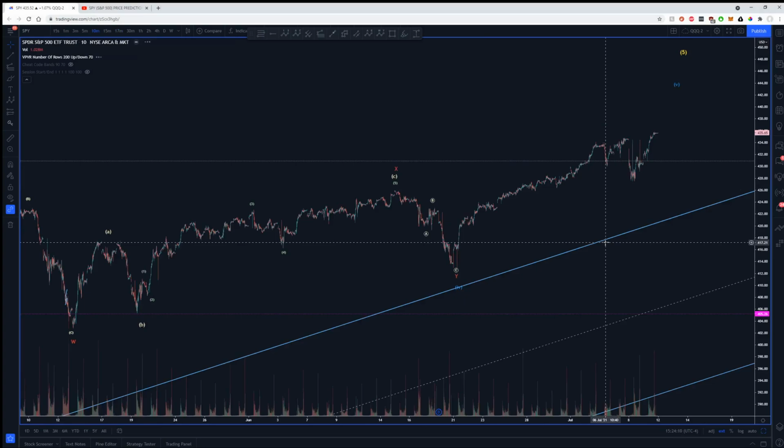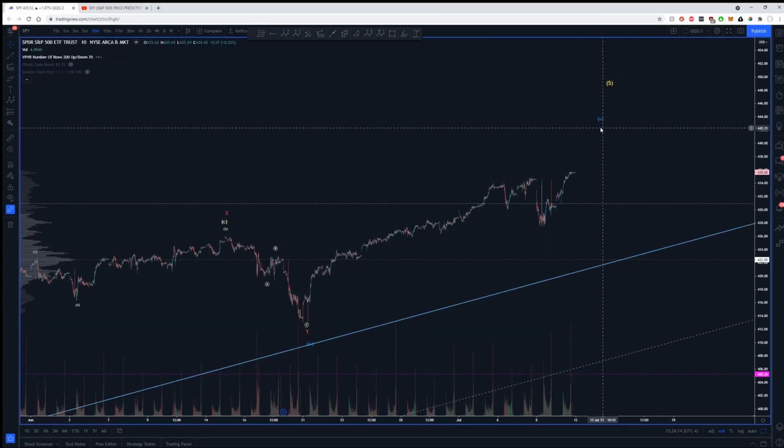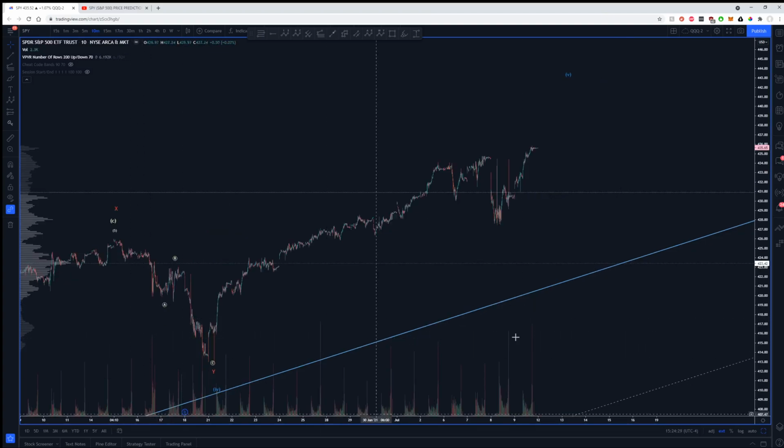So we need to zoom in just a little bit more into where we are right now, and we need to figure out when this blue wave is going to finish. Now, one of the ways I'm actually going to anchor the 5 waves inside of this blue wave is based off of our previous price action into here. Now, when price dove on July 6th here from about $434 on SPY down to about $430, so a 4-point move in this 1-day span into here, and not even a day, just a couple hours into here,